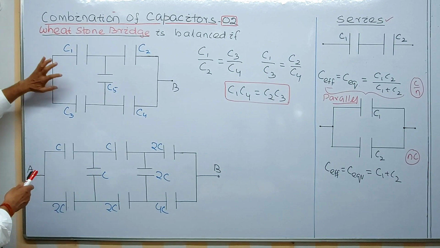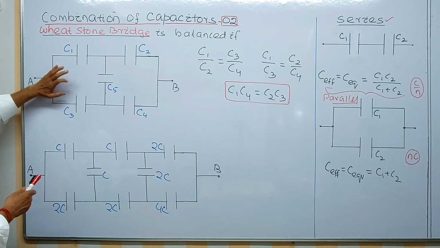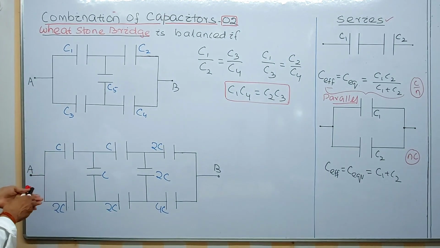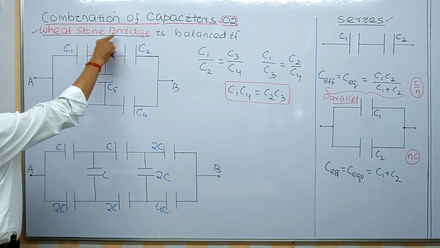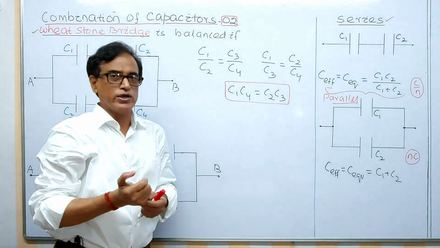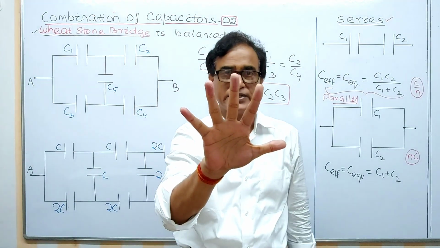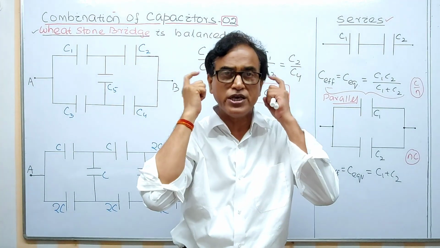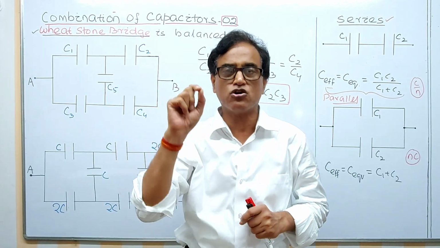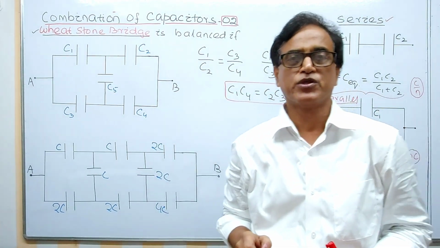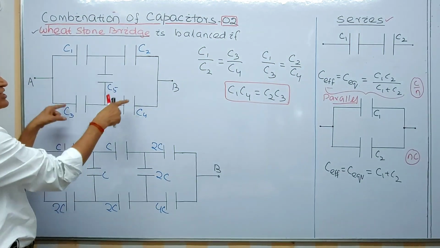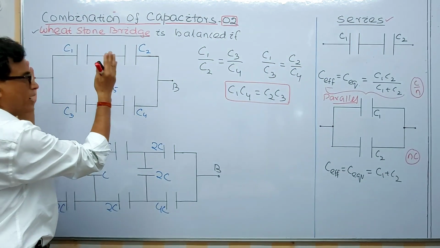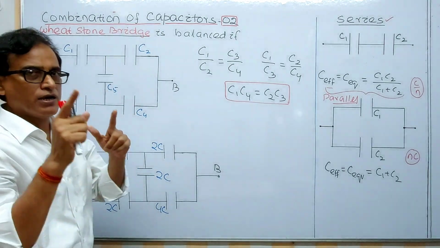Now here, this is an arrangement you see. Very clearly you should see this arrangement. This arrangement is called the Wheatstone bridge arrangement. Whenever you see there are 5 capacitors, then you should think of this arrangement. That is called the Wheatstone bridge arrangement. What is that arrangement? If there are 5 capacitors connected in this format, and if this is balanced, Wheatstone bridge is balanced, when